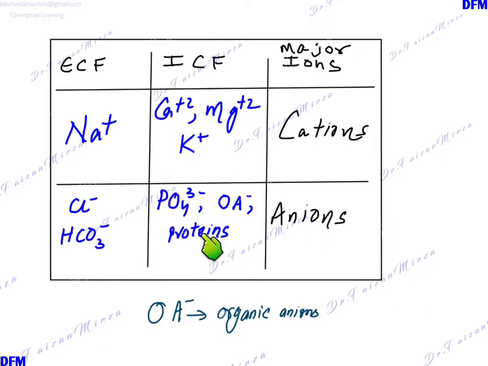Proteins generally carry a net negative charge, as most of the amino acids in our proteins have a negative charge. The phosphates are present as inorganic phosphate from the breakdown of ATP and GTP as well. DNA and RNA also have sugar phosphate backbones. So the organic anions, phosphates and proteins all have a negative charge, and they are present inside the cells.